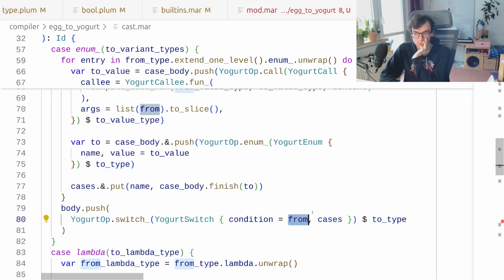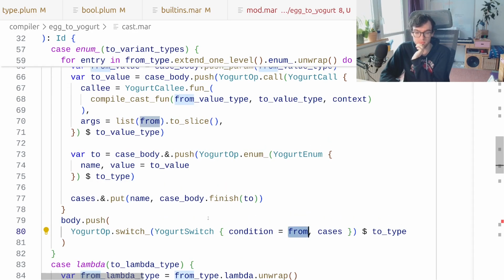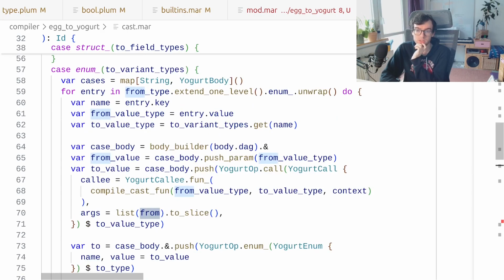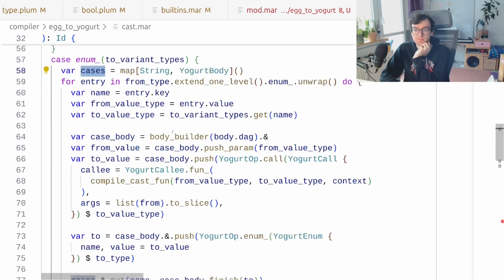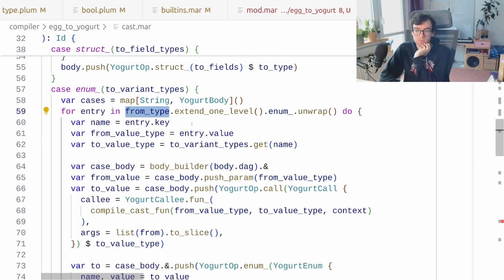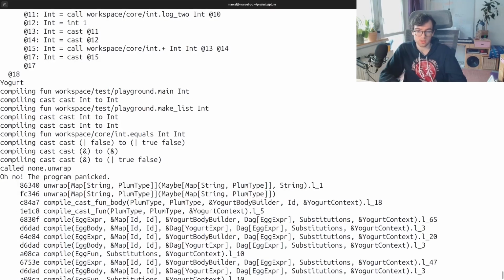Yeah, so we switch on the from value and put in these cases. And for every entry in the from type, so every case that this can possibly be, aka only one case in the case of this one,